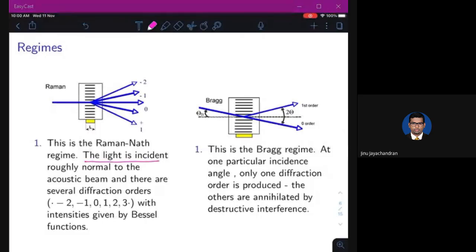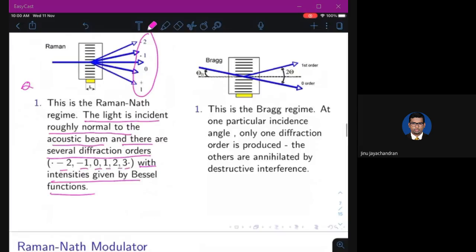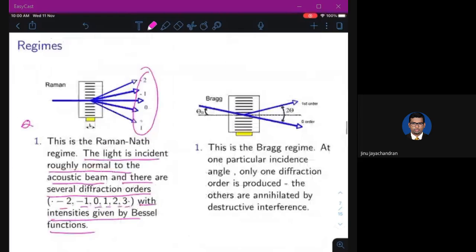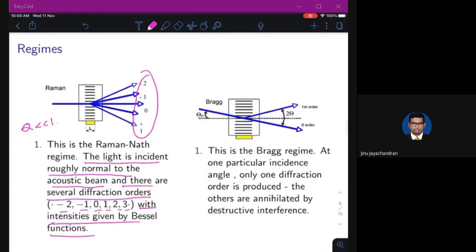The light is incident roughly normal to the acoustic beam, and there are several diffraction orders: -2, -1, 0, 1, 2, 3. It is given here with intensities given by Bessel functions. For the Raman-Nath regime, your value of Q is much less than 1. I haven't specified it here. Much less than 1, because the value of L is very small,